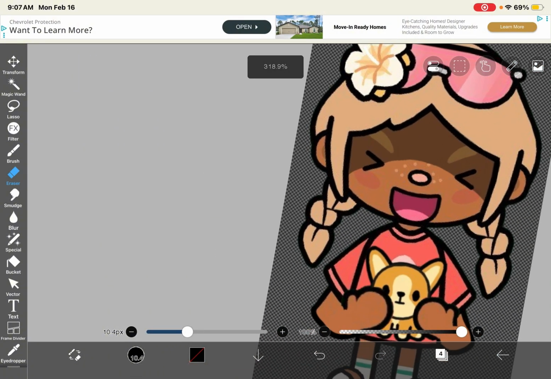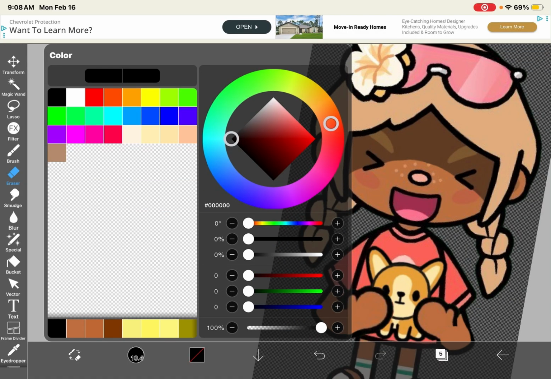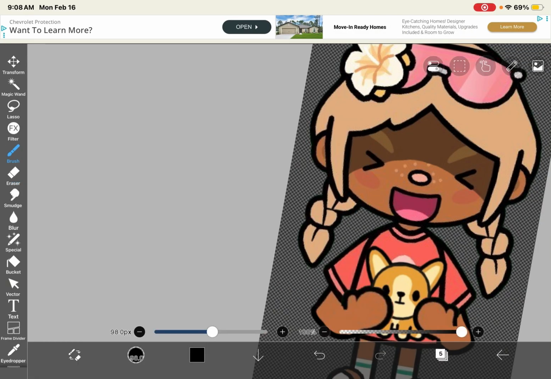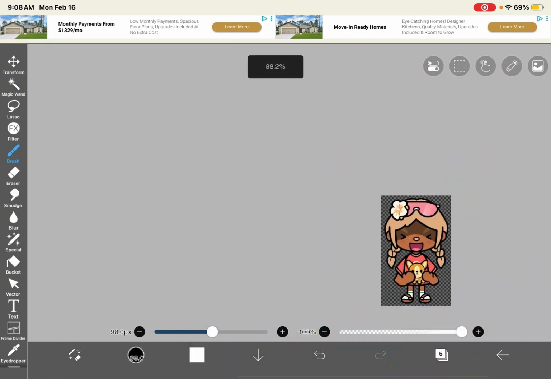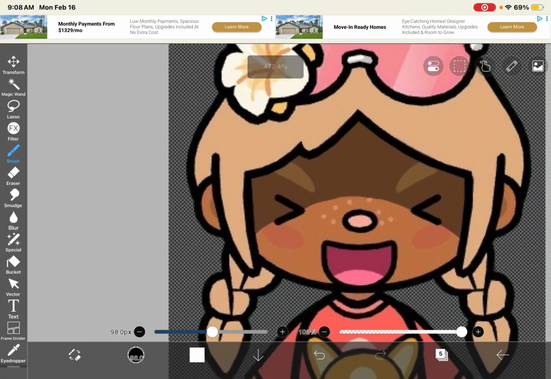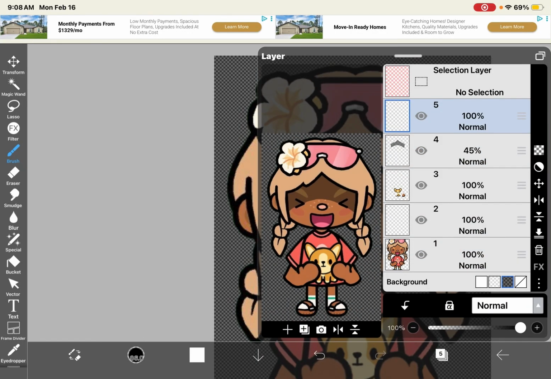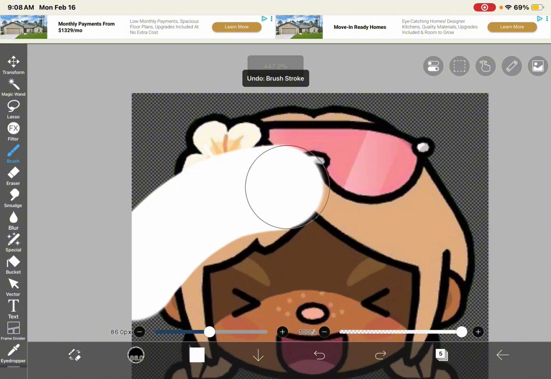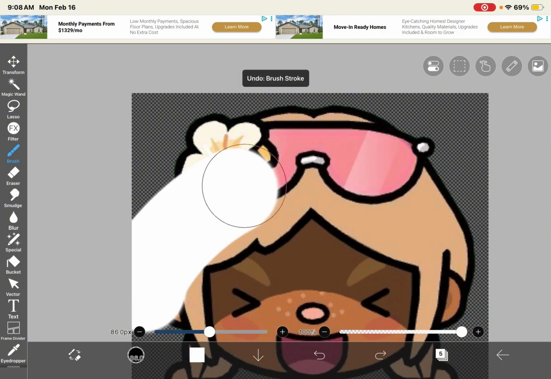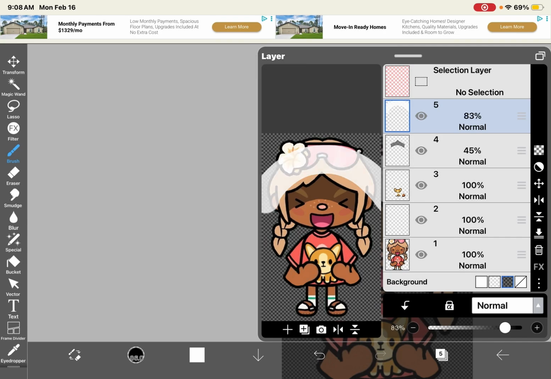Okay, now we're gonna add a new layer. We're gonna make it the color white. And then this is a really fun part. It's kind of like the shading but for the hair. So you're gonna do a swoop again, but make sure it doesn't get on the face. If it does, then we'll just erase that. Like that. Okay, so then we're gonna lower the opacity